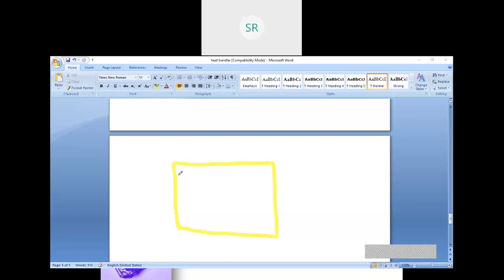The initial board will be, this complete layer will be of copper. So this complete board will be of copper.